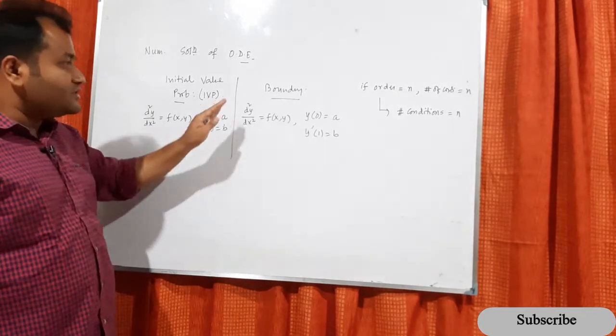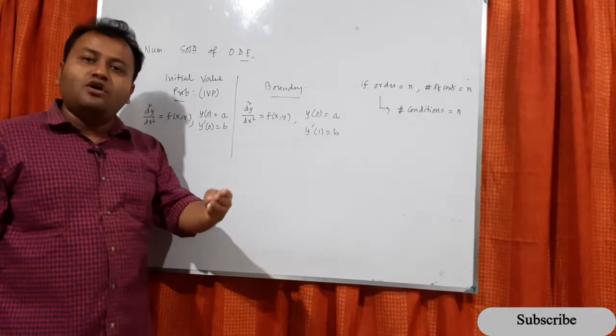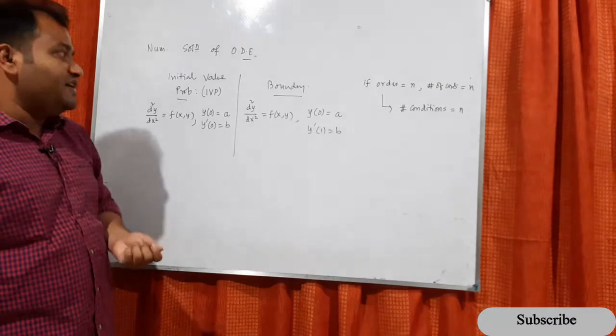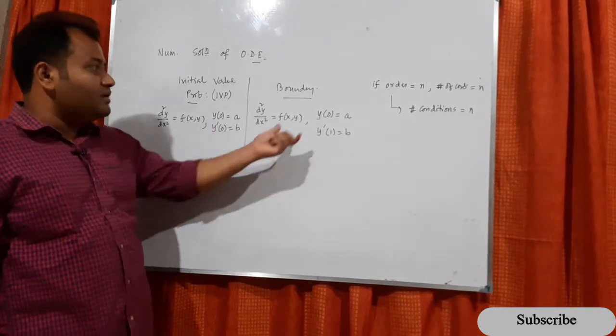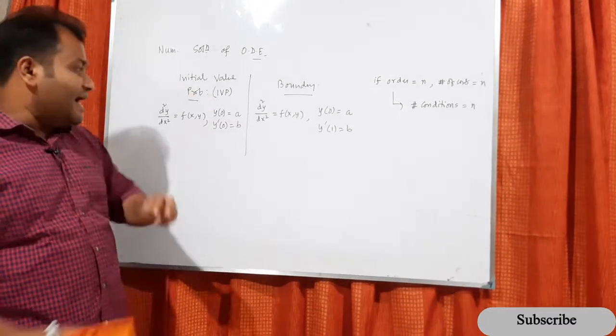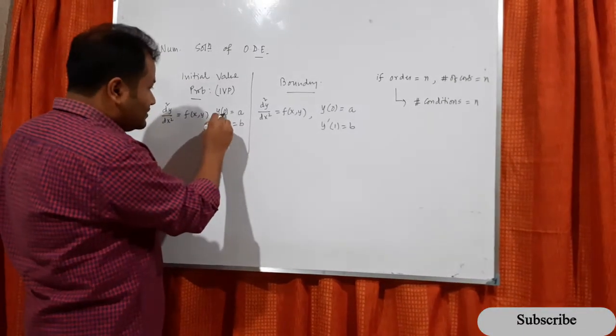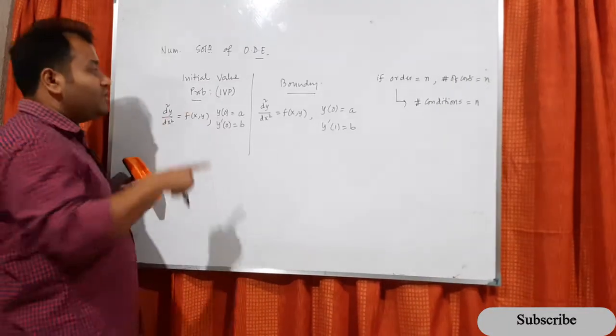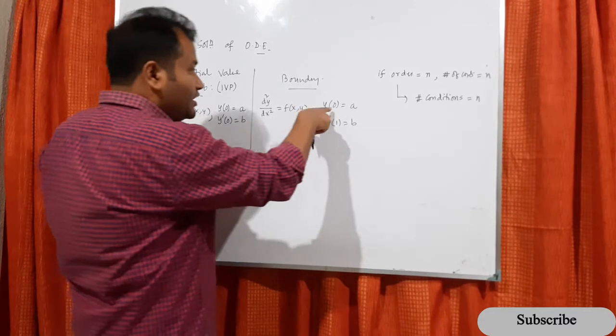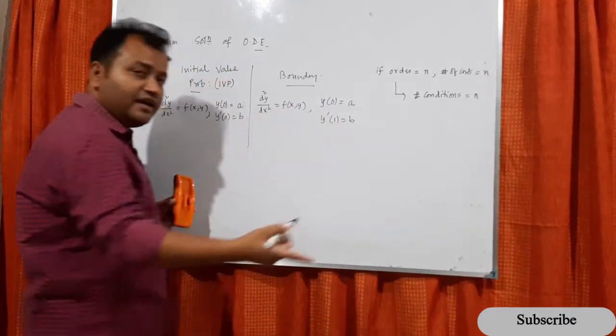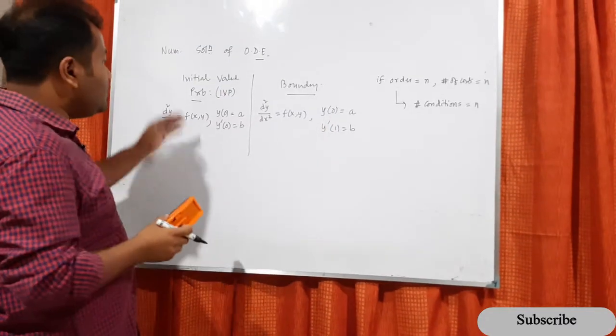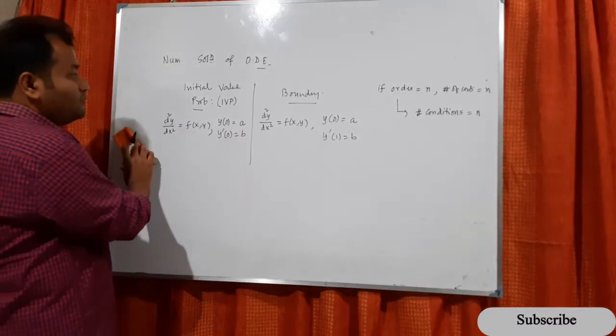So it is a boundary value problem. This type of question may be asked in many interviews or competitive examinations. What is an initial value problem? What is a boundary value problem? The basic idea is that within the bracket, these values have to be the same for an initial value problem, and within the bracket the values have to be different for a boundary value problem. Now we will basically be solving the initial value problem.